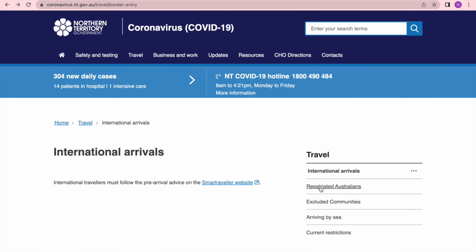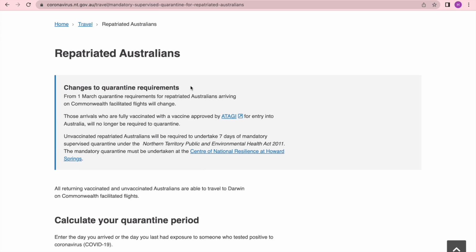Now let's look at Repatriated Australians. There are changes to quarantine requirements. So from the 1st of March, quarantine requirements for repatriated Australians arriving on Commonwealth facilitated flights will change. So those arrivals who are fully vaccinated with a vaccine approved by ATAGI for entry into Australia will no longer be required to quarantine. Now, for the unvaccinated repatriated Australians, you will be required to undertake 7 days of mandatory